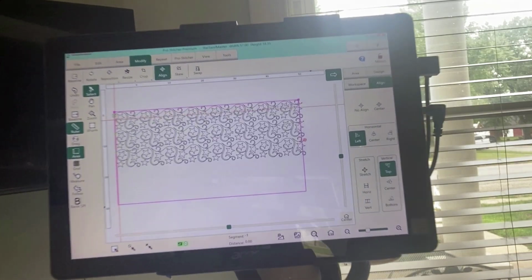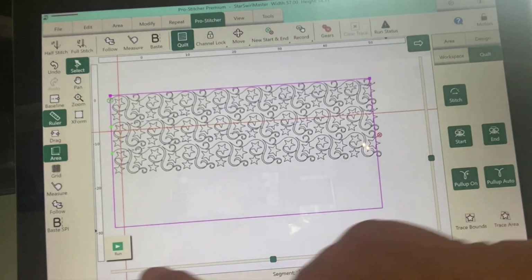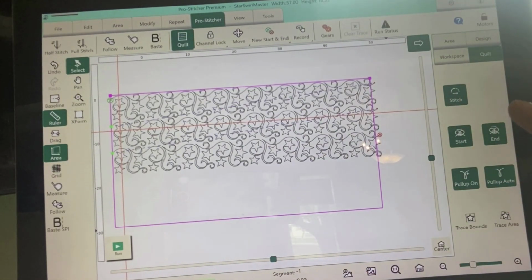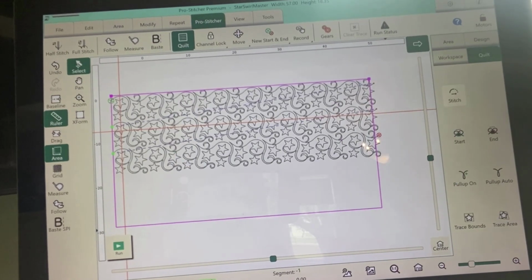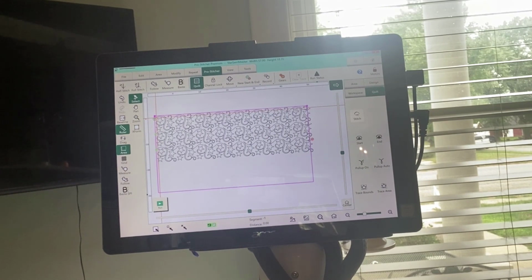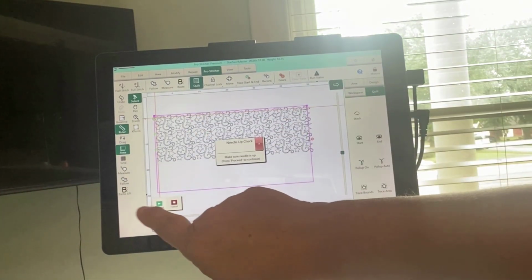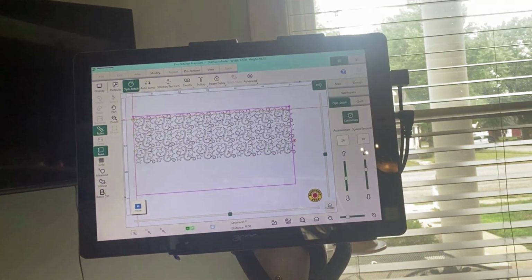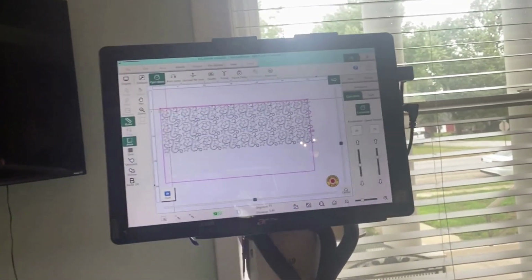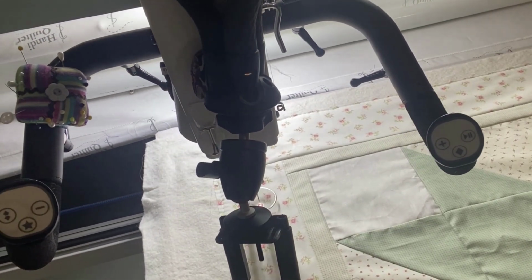I want to double check that this stitch design is the right size for the density I want on my quilt. So I'm going to ProStitcher, and I have Quilt selected, but I'm going to select Stitch over on the right side, and that takes away all my settings for actually stitching down thread. Then I push to proceed, and it's as if I'm stitching, but I'm not putting any thread down. So this is an air